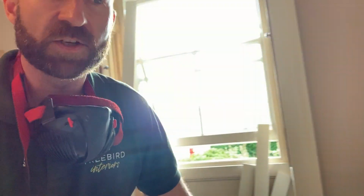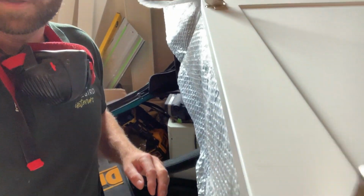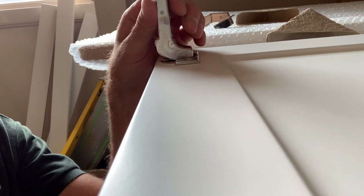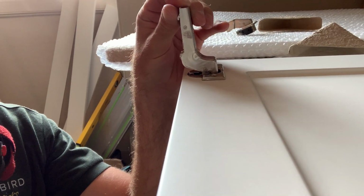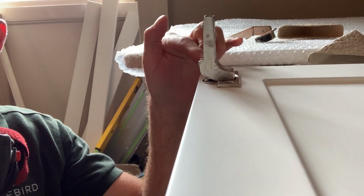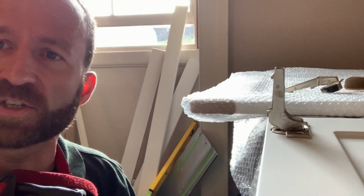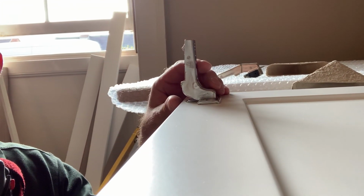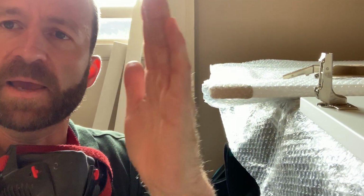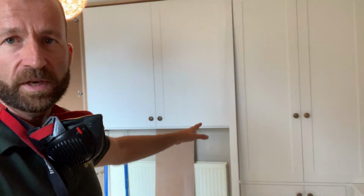The inset hinge is fitted in much the same way. So that's the inset hinge there. The door drilling is just the same, but because of the crank, you can also call it a cranked hinge or a fully overlapping or fully inset hinge, because you can get a half overlap as well. That one places the door sort of set within the inner face of the carcass side. And that's the type of hinge that we've used on all these doors here,